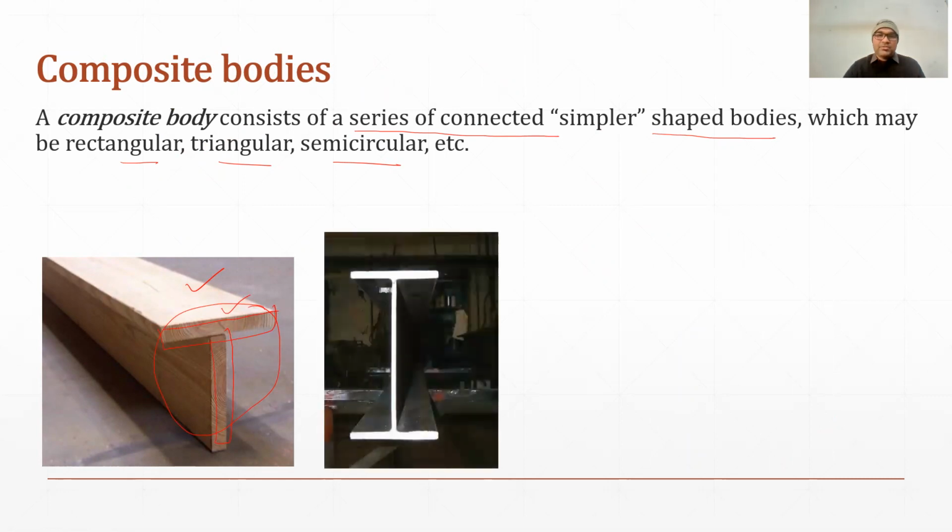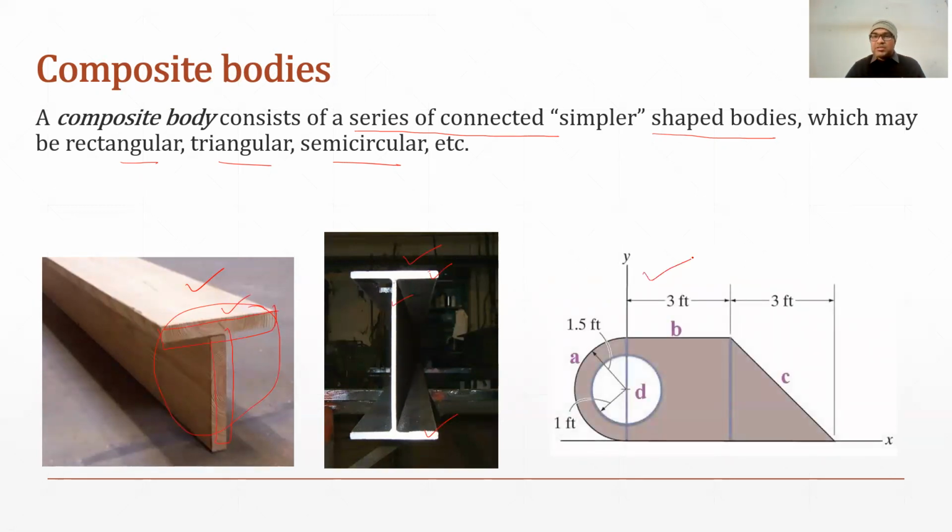Similarly, if we take another example, in this case, we have this I section. So this I section is composed of three rectangles. One is the vertical rectangle and two are horizontal rectangles. So this becomes the composite area. Or if we talk about the whole body, then it becomes composite bodies. Similarly, you can see the third section, it is composed of different shapes like the triangle, square, circle, semicircle. So this is a more complex shape, and it consists of some regular figures.